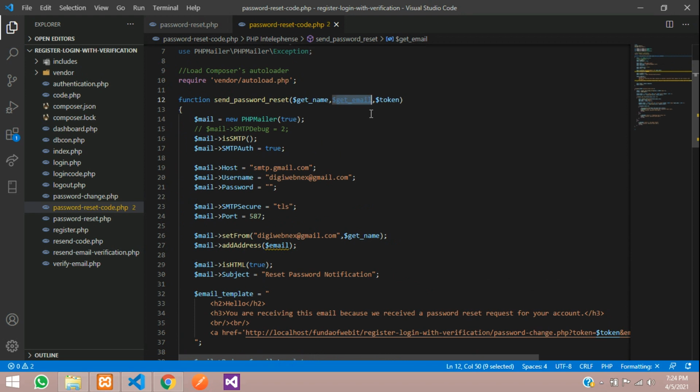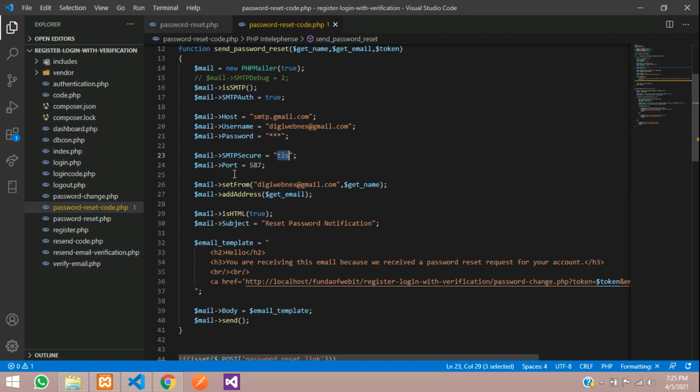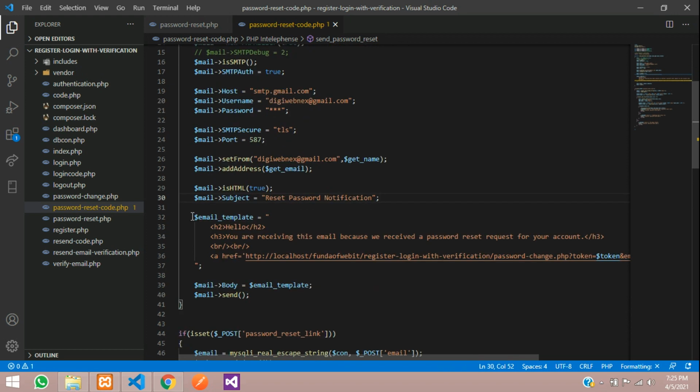So email, let's set that email and the token. So this token we are going to set. So guys, first, nothing but your username and password. So this is my mail and password you have to keep over here. Right now I have given null over here, and this is from the localhost. So I'm using TLS, and this is the set from address. So I'm going to start from here, and the name, whatever it is, and the email. So this email address, and then simply the subject message, reset password notification I have given, and one simple